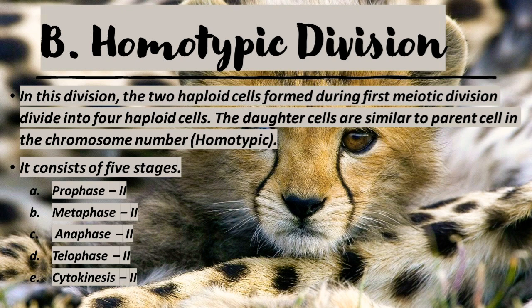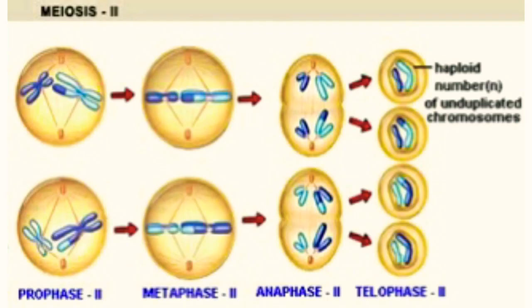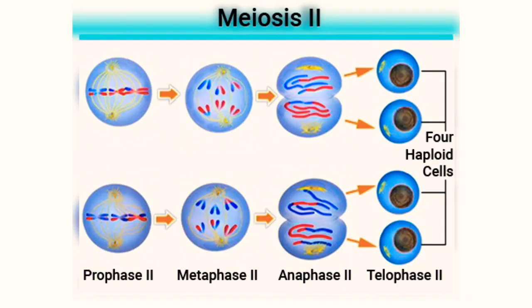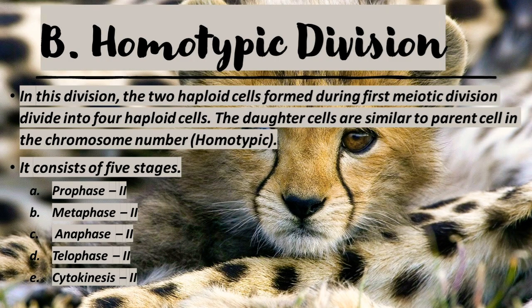Children, now we pass on to homotypic division. I told you what you mean by homotypic. It is similar to the parent cell in the chromosome number. So in this division, the two haploid cells formed during the first meiotic division divide into four haploid cells. The daughter cells are similar to the parent cell in the chromosome number. It consists of 5 stages, namely prophase 2, metaphase 2, anaphase 2, telophase 2, and